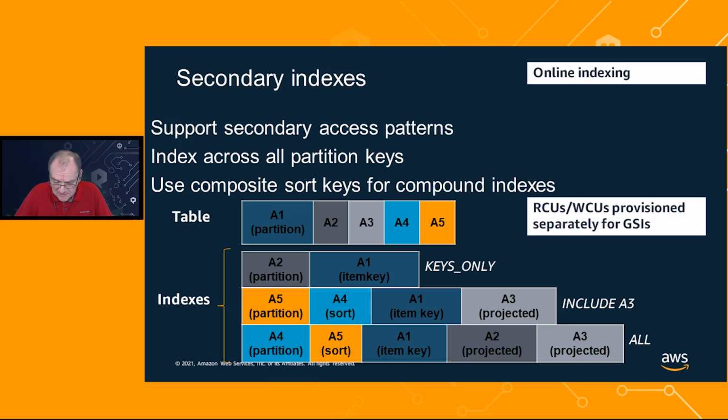I mean, sometimes your access pattern doesn't need all the object data. It only needs the keys to identify certain conditions of these items. Maybe you generate a list of items that have a key condition that violates a particular state, and then I'm going to go get those objects one by one and process them or whatnot. It could be the access pattern needs all of the attributes. It could be it only needs some of the attributes. Again, it depends on how much you need to get from the access pattern that you're indexing for,